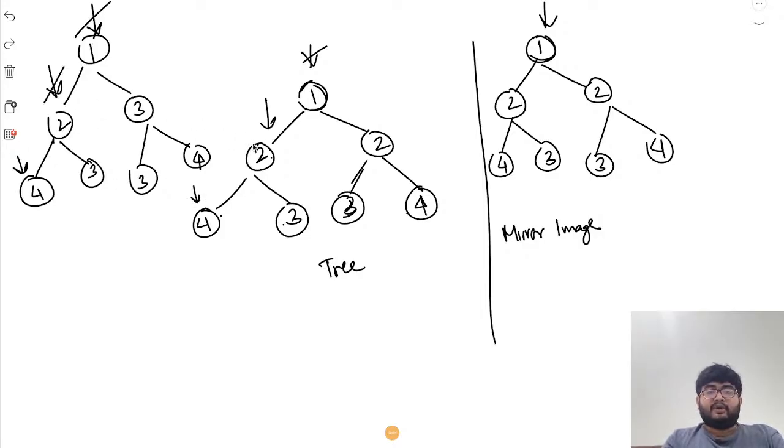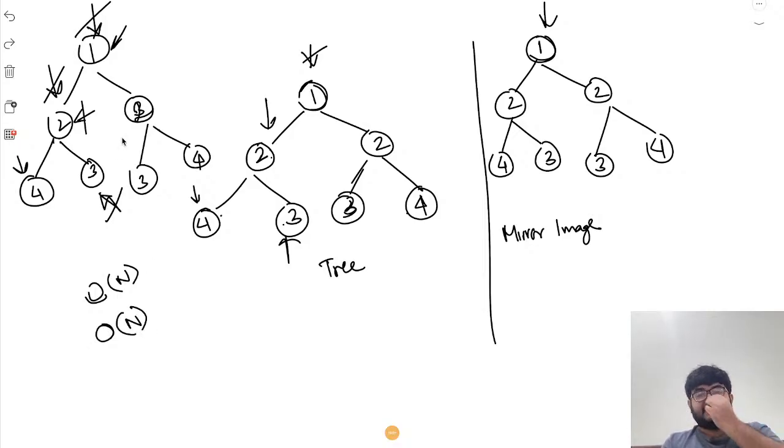4 and 4 are equal, so that's done. So we'll come back to 2 again. Next we'll come back to 3. 3 and 3 are equal, so we'll come back to 2, so this entire subtree is equal, so we'll come back to 1. Now we'll go to 3, and like that we'll continue, right? We'll see that they are equal, so they will be mirror trees. Now this would need O(n) time complexity and O(n) space complexity as well,